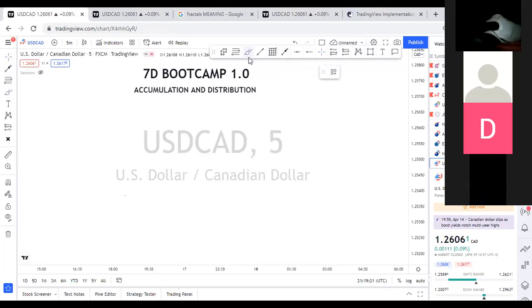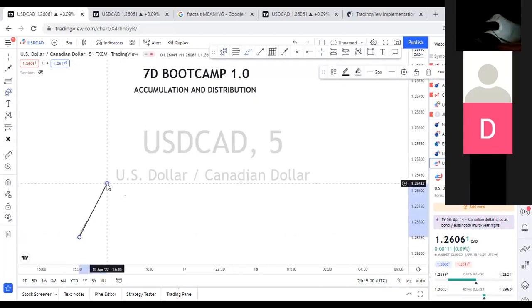Now, imagine that you are the guy with the big money. So you want to buy, let's say you bought with 250,000. Yeah, I'll go to the chart. All right. I have some examples for us. So you bought USD CAD with, let's say, 250 million or 80K lot size, right?